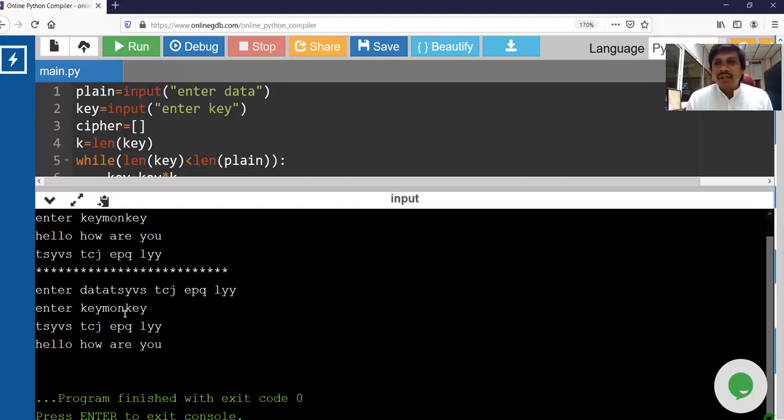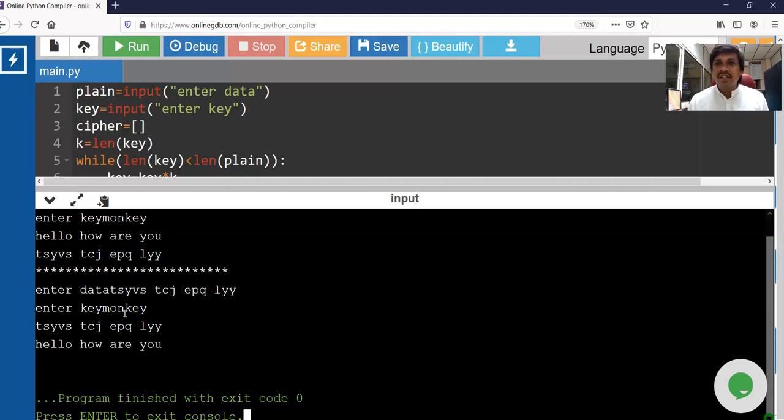Now comparison. The previous technique is worse, and this technique is much better than any other technique, because there is no restriction. The key length can be of any length. The plain text can be of any length. No two characters are the same, and there is no substitution factor, and it is very hard to predict. Of course, you can predict with some algorithms, but it's not that easy. So this is a very good technique compared to the previous technique.